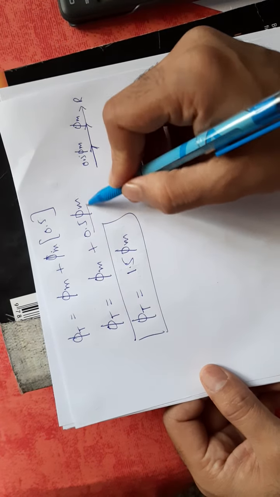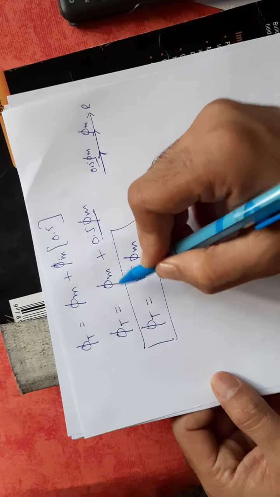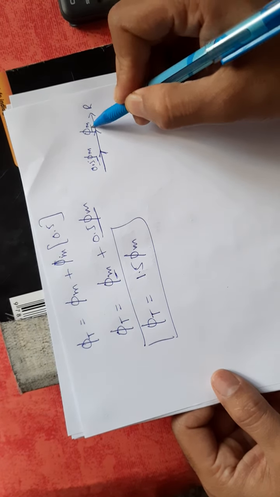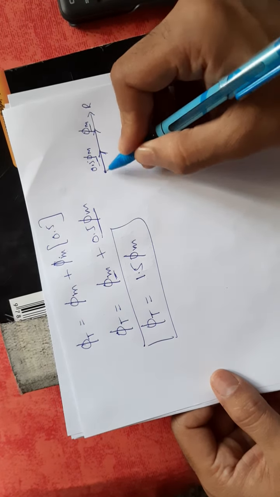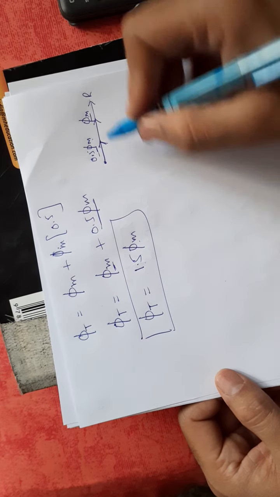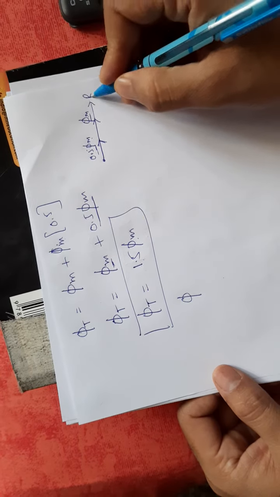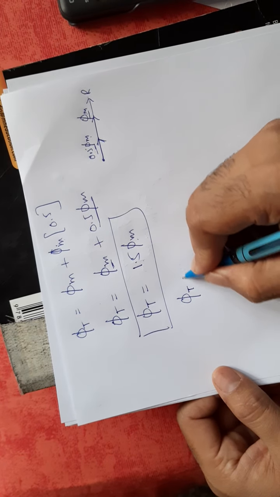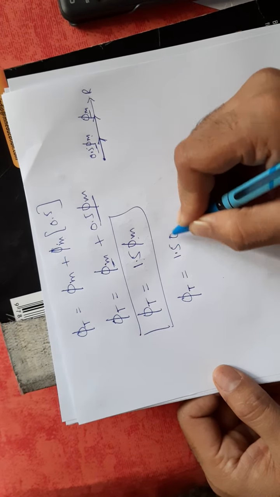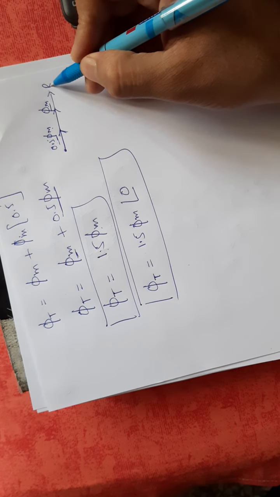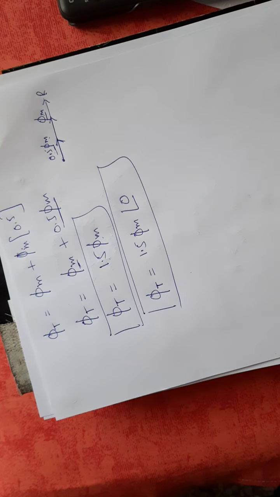So this is 0.5 phi m I am showing here. This phi m I am showing here, and this is my resultant flux phi total in this direction, phi m plus 0.5 phi m, which is nothing but 1.5 phi m. What is the angle of this? If I am saying that R is my reference, what is the angle of phi t? It will be 1.5 phi m angle 0. Got it? Because we are measuring angle with respect to R phase. So it is coming out as equal to 0.